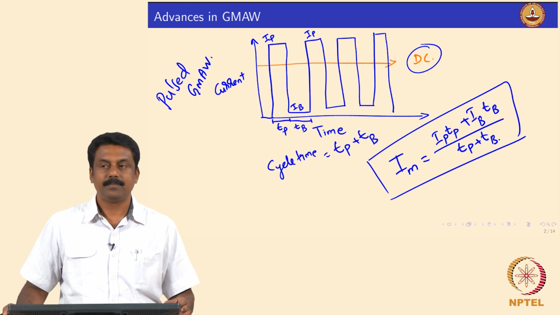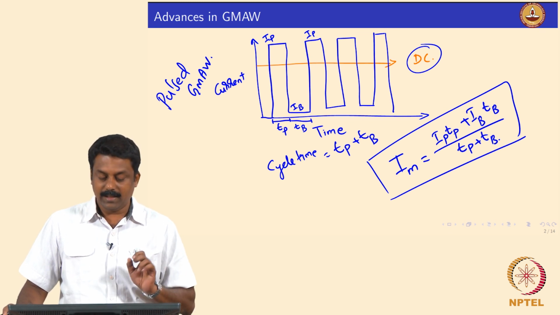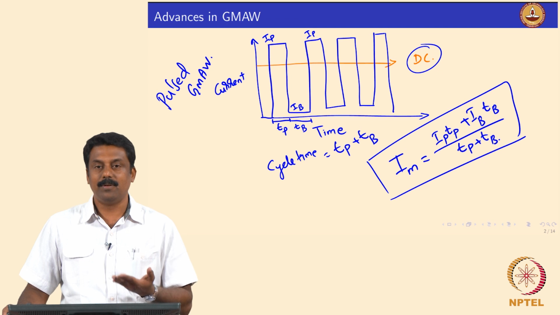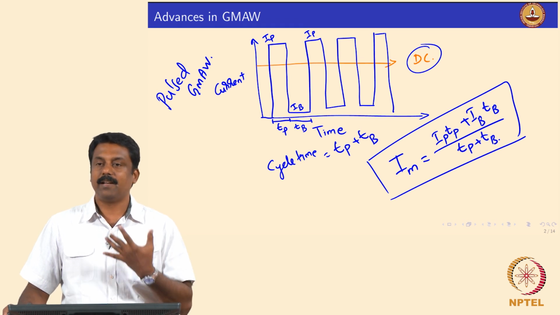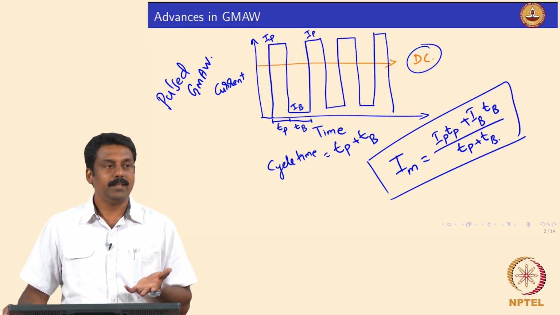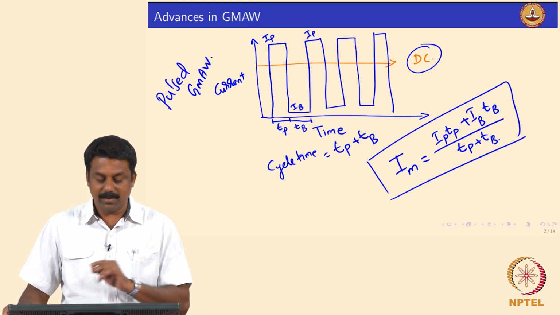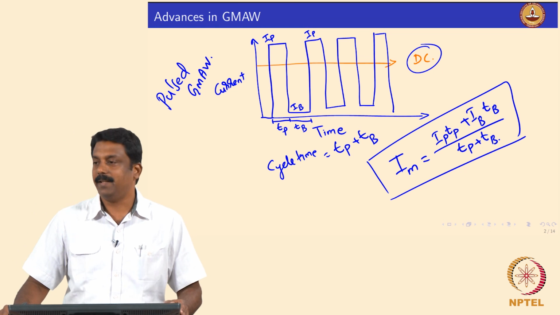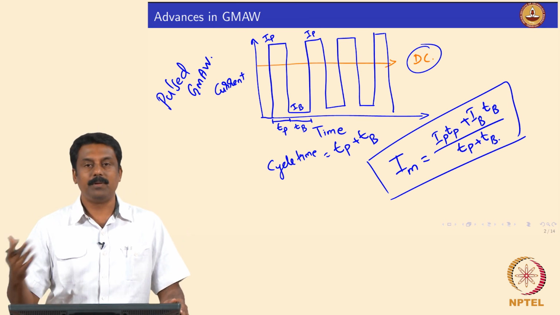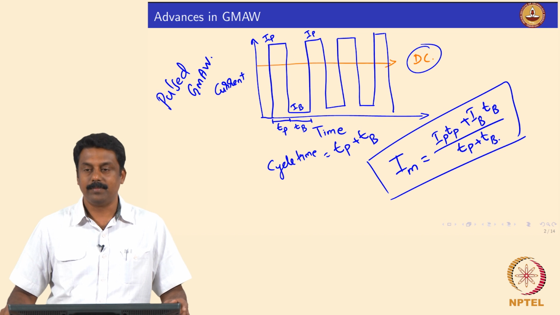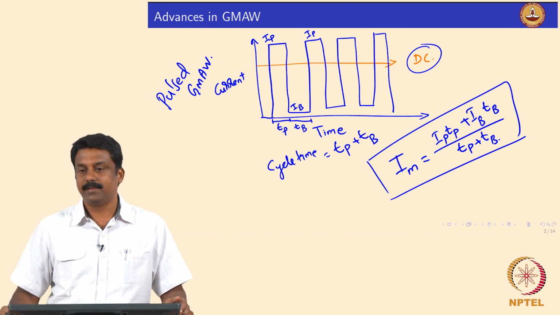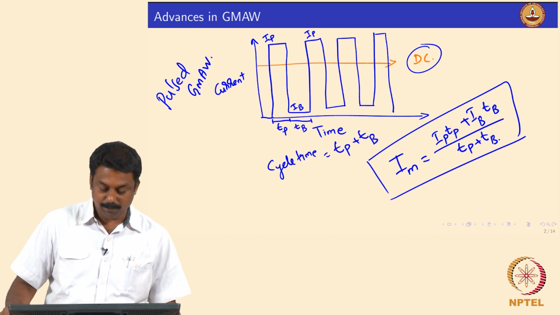It is clear. So, we will see in this class how we choose these pulsing parameters. Okay. So, what is so special about it? We look at the videos obviously. So, look at how the transfer takes place when we are doing pulsing, and then some calculations to identify this IP and Tp for a given material, right, and then we will move on to the next advancement in GMAW. Okay, it's good. Any questions so far? Then we will go to the slides. Then it will be even clearer.